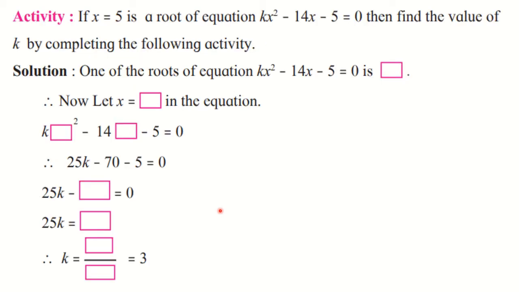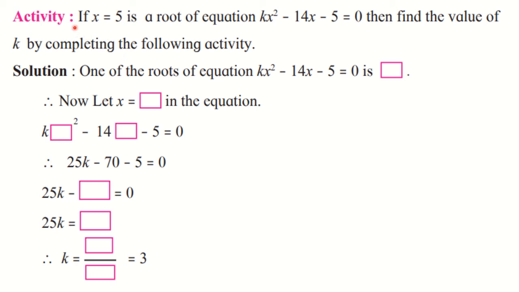Now one more activity is given here, and such questions are often asked in exams for 2 marks. Okay, here they have provided more boxes, but if they ask for an activity of 2 marks, they will give you 4 boxes only. That means certain steps are skipped. Here all the steps are written. But if they want to ask for 2 marks, they will give you only 4 boxes, and some steps they are skipping. They are giving only the important steps. You have to understand and write down the correct answer in the boxes.